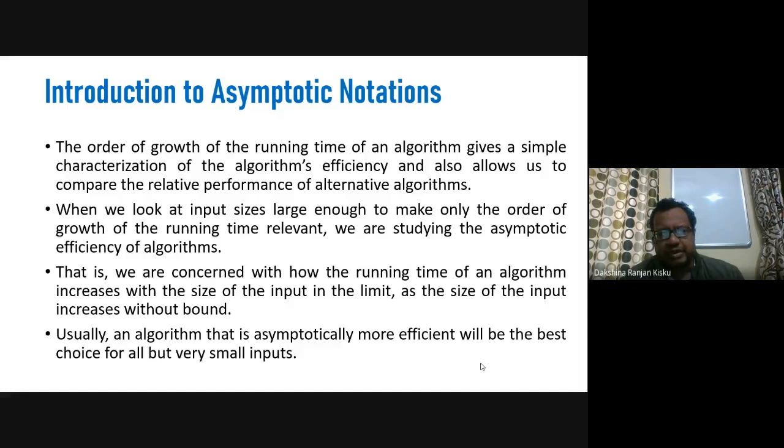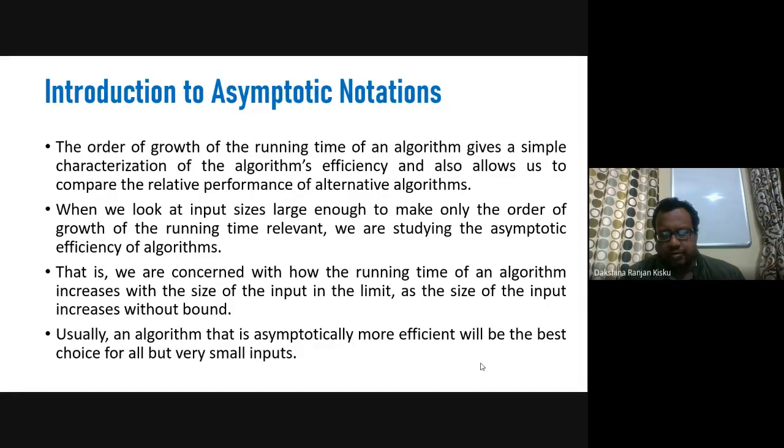The function may be a linear function, a constant function, a quadratic function, a cubic function, or a logarithmic function. These types of functions we can determine from the order of growth rate of the function in terms of time. So here